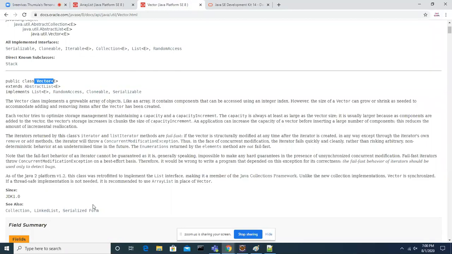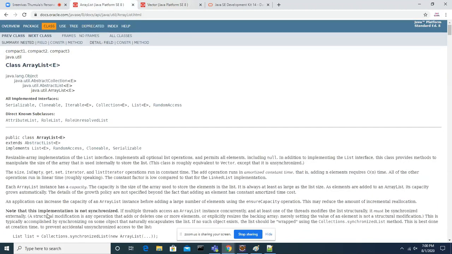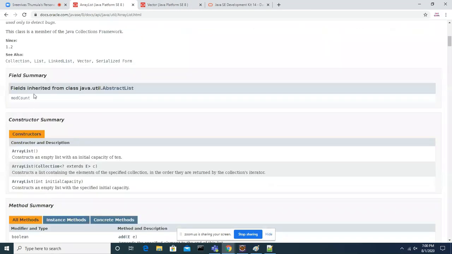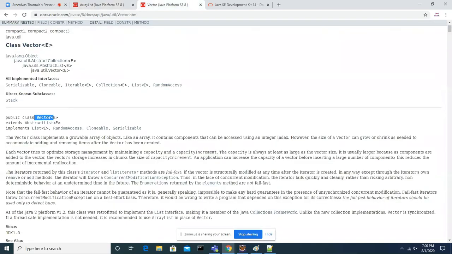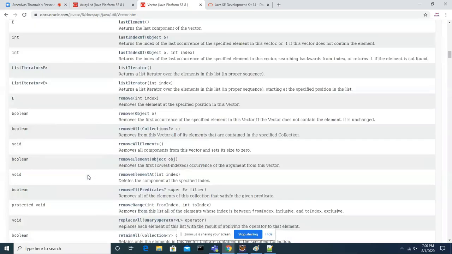Vector is a synchronized class, guys. First of all, Vector is the old class, and ArrayList is the new class. That means after Vector, ArrayList was introduced. The only difference is that Vector is synchronized.